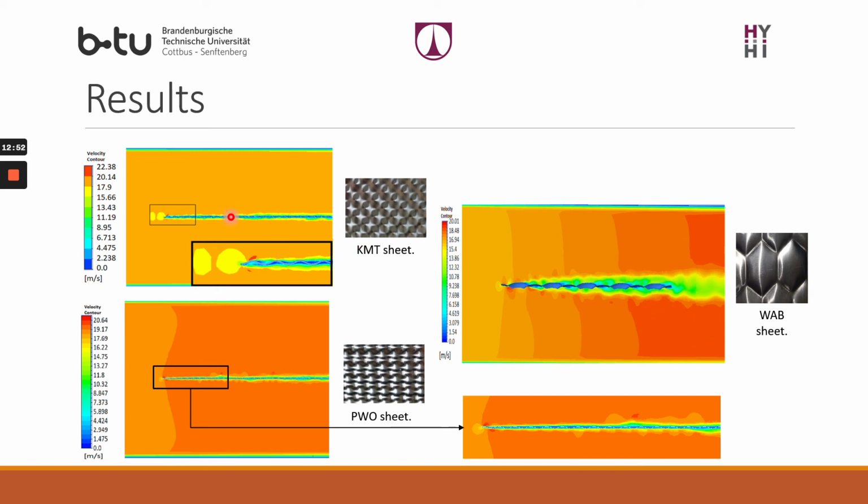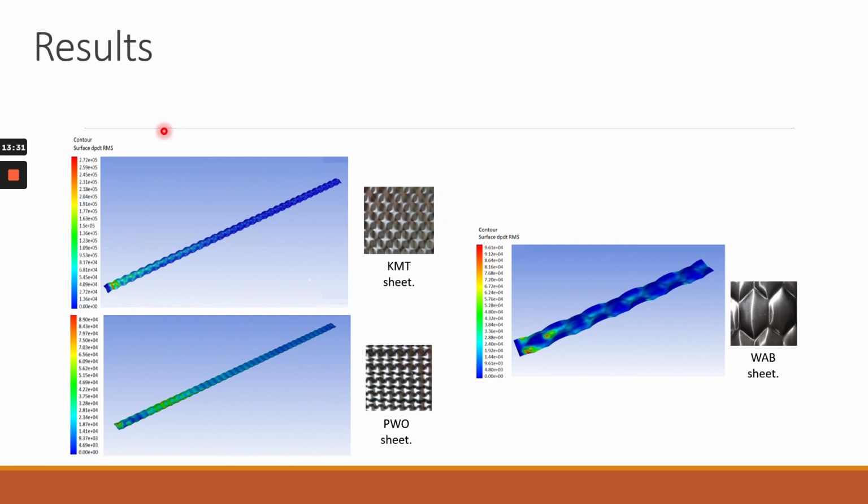Moreover, we can notice that, for example, for the KMT sheet, vortices are being shed exactly from the leading edge of the sheet, and mainly from the first hill. However, this was not the case for the other two sheets, the VAP and the PVO, where in the VAP we can see that vortices are being shed over the whole length of the sheet, and for the PVO sheet we can see that vortices again are being shed from the whole sheet length, and it may be more evident here. This may be interesting to remember when we are showing the sound sources in the next slide, where here we can see the